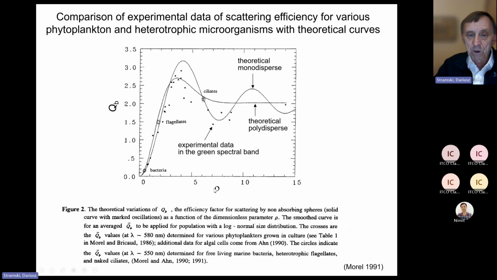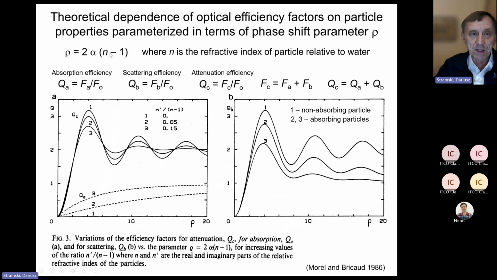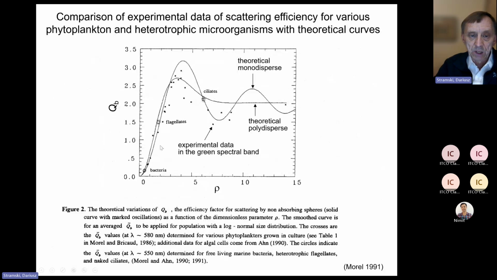Because rho involves alpha and refractive index, let's assume these bacteria have a more or less constant refractive index, but alpha is size d over lambda. So in other words, shorter wavelengths will be higher on the ascending slope, and